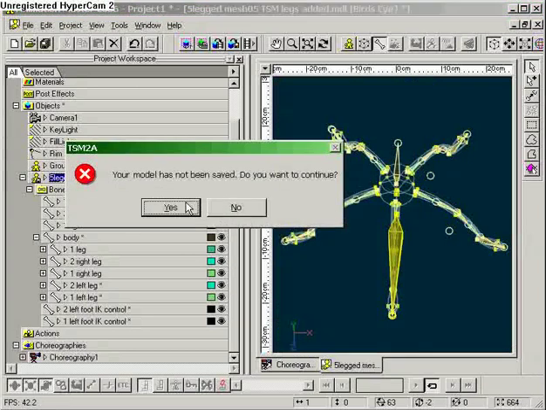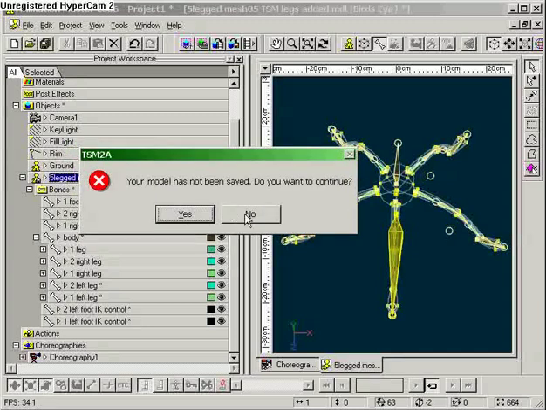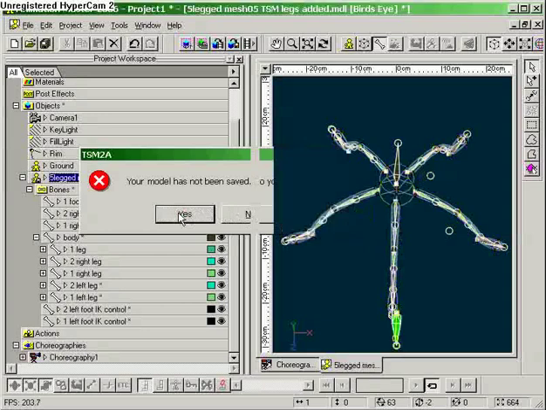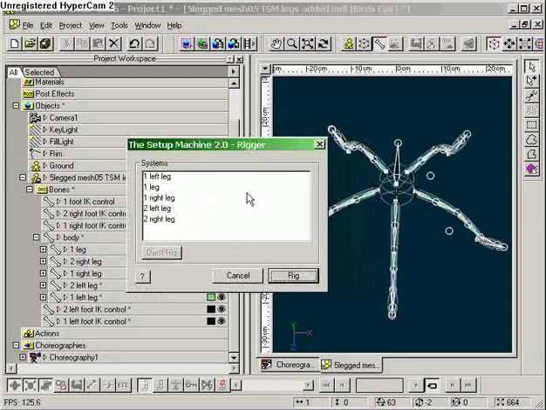And I'm not going to worry about saving this because it's such an inconsequential step. If I had gone and done a lot of CP weighting at this point, I might. But since Rigger and Flipper don't flip CP weighting, I'm going to save that for the end. So we'll continue. And it goes through a quick assessment of what it sees there, and this is where you can check to see if